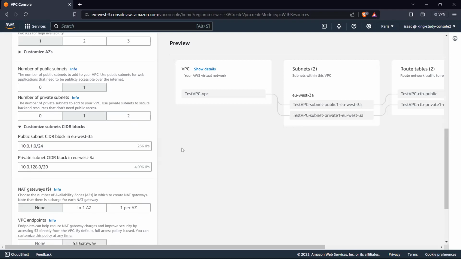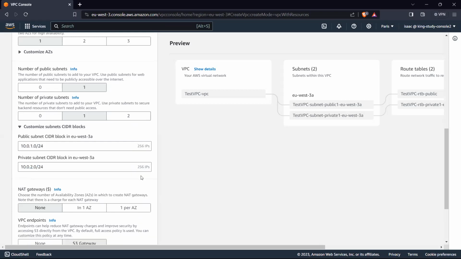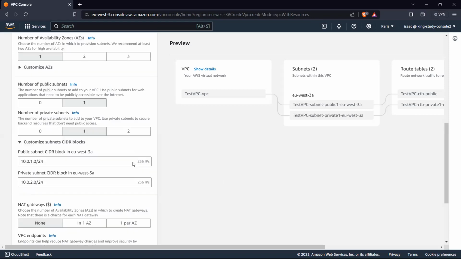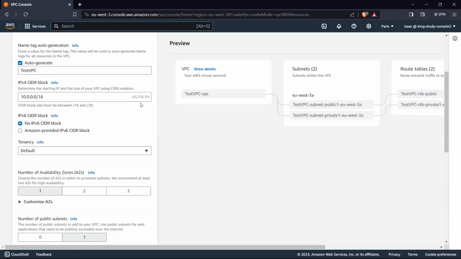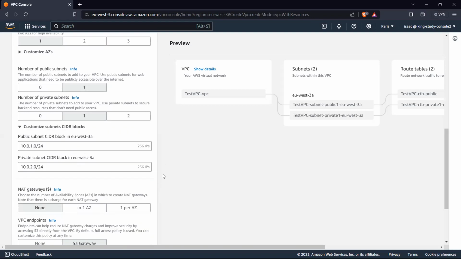Yes, so we have 256 IP addresses for the public subnet. And then we also do 10.0.2.0/24. Okay, so out of the 65,000 plus, we are using 256 for the public subnet, and another 256 for the private subnet,